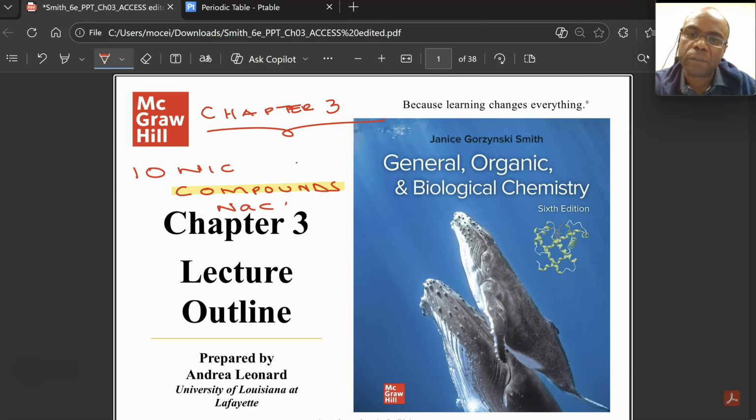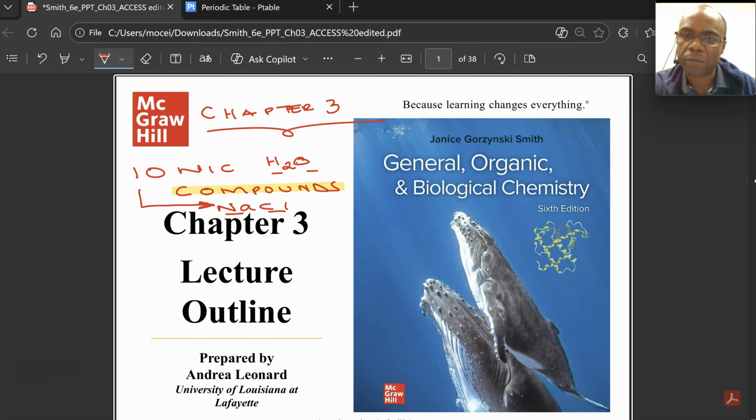Example, sodium chloride. Example, H2O. Two different elements in them: hydrogen and oxygen in water, sodium and chlorine in sodium chloride. And since we are talking ionic, I'll narrow down to substances like sodium chloride, which are made of